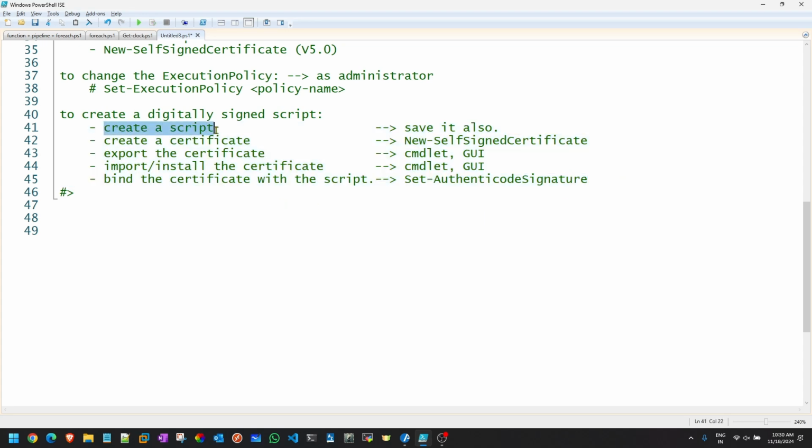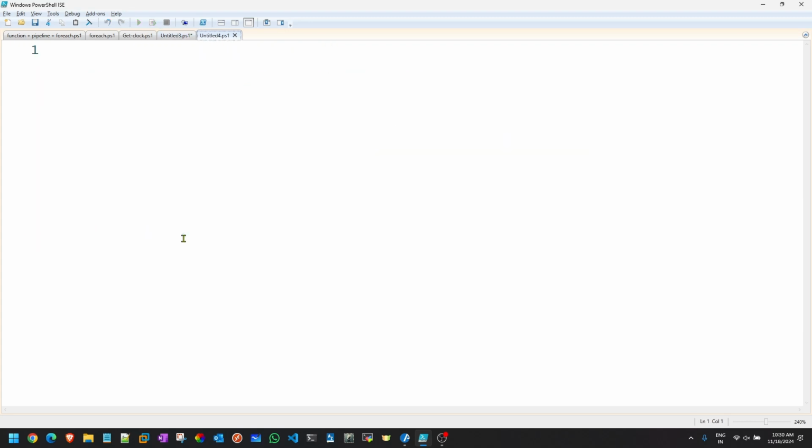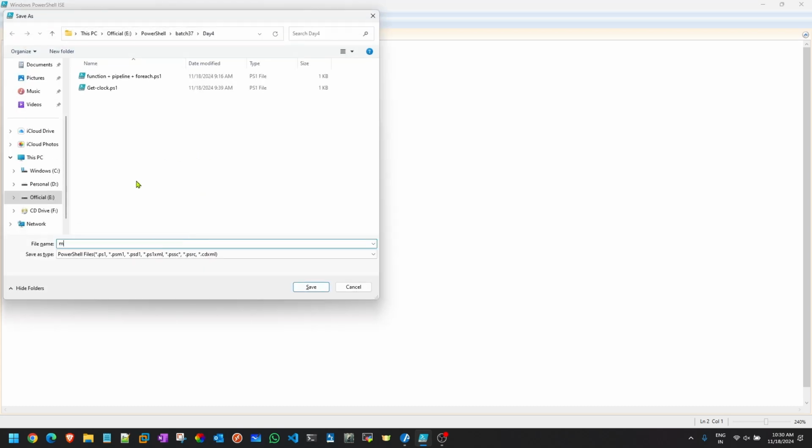Very first thing is create a script. To do this I am just gonna press Control N, and here I'll write, let's say, get-date. Simple. I'm creating a very simple script which prints the date. That's it. Control S and give the name my script.